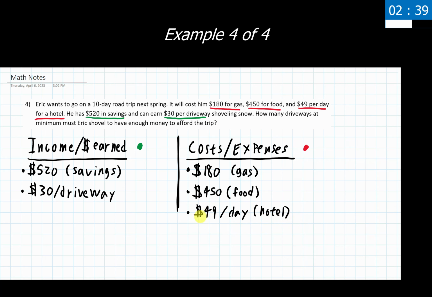We are told that he's going to be charged $49 per day. Well, do we know what that total amount is? Well, if we just focus in on the $49 per day part, no, it's not clear. However, elsewhere in the problem, we have the necessary information to find the answer to that. We're told he wants to go on a 10-day road trip. So, 10-day road trip, $49 per day, I can do a quick calculation here and determine what that total is. So it's going to actually cost him $490 for that hotel.